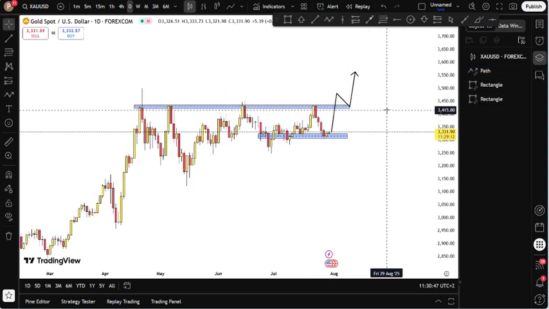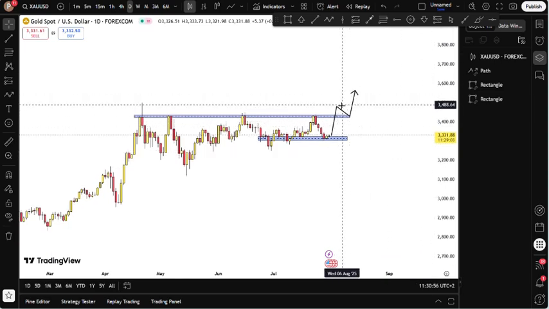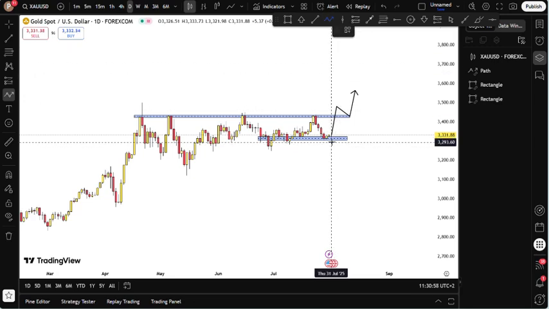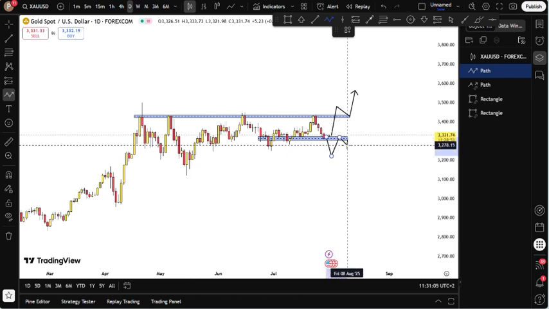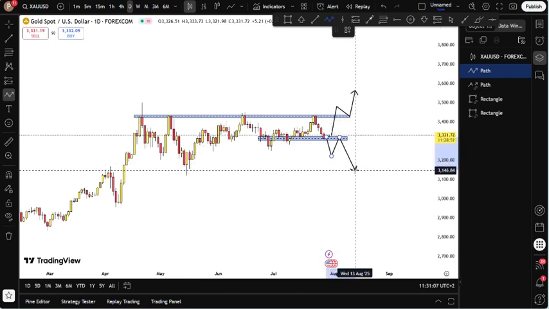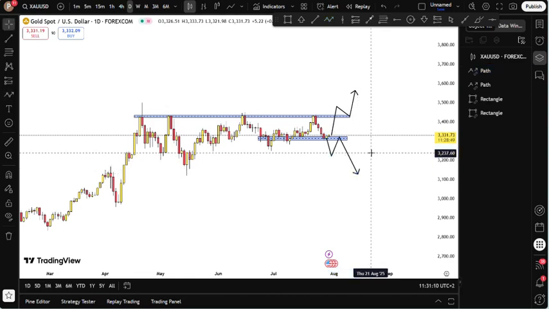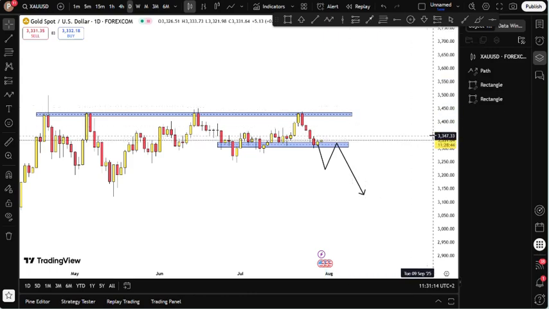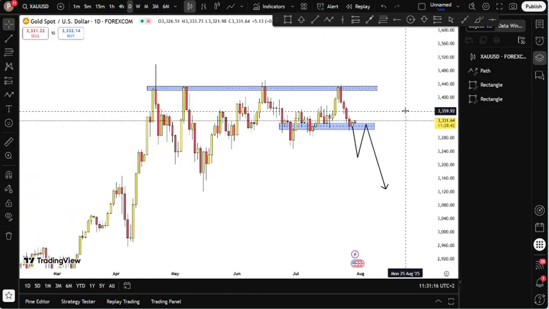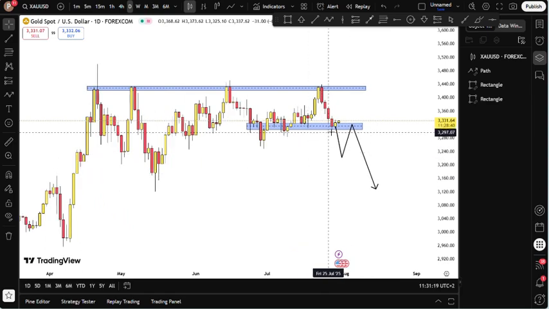So right now, gold, it's not really tradable for me. I would wait, because it's at a low. If gold were to break this low right now, this support zone, and close below, I would simply wait for this move to play out to the downside. But since we know that gold is consolidating, we can't tell it what to do. So it's all about waiting right now.